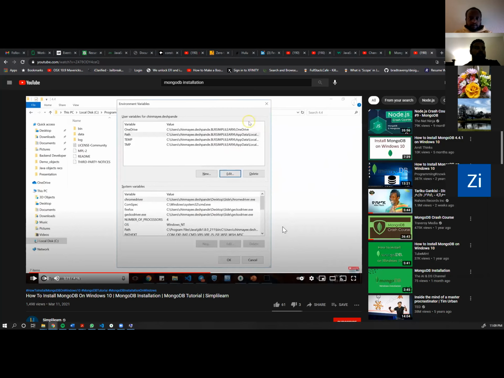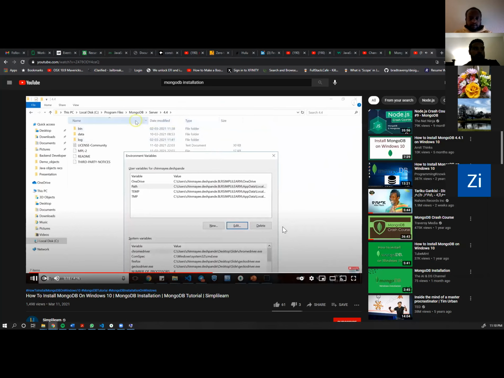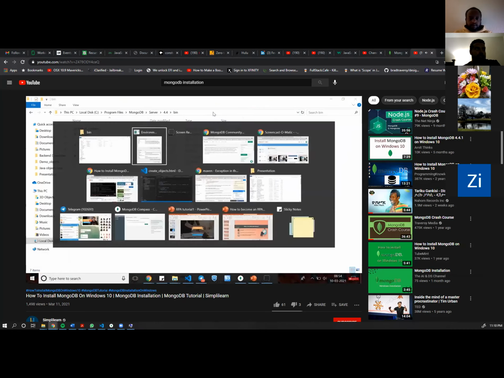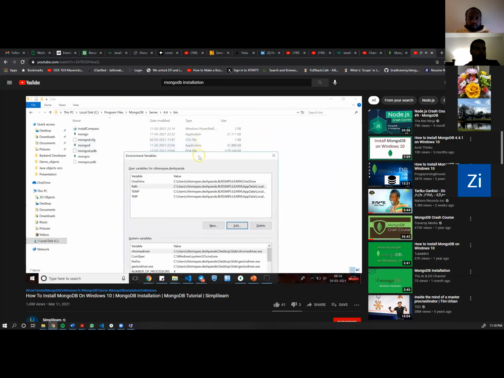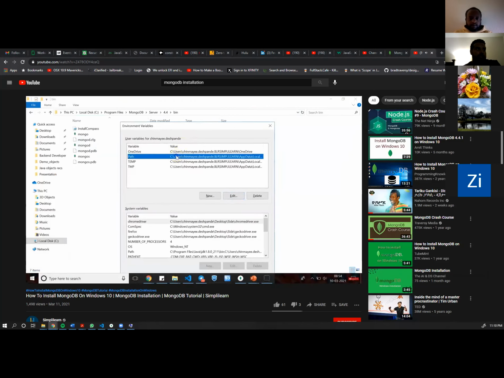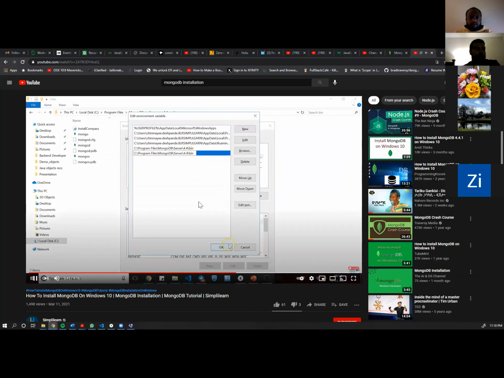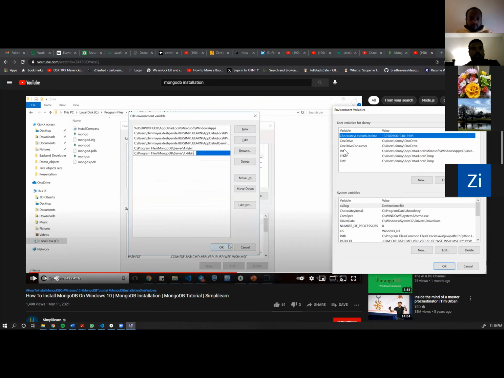Let's just copy this path, right? And here under the user variable section click on Path and say Edit and go ahead and just paste it, right? I've already pasted mine, so just go ahead and paste it and click on